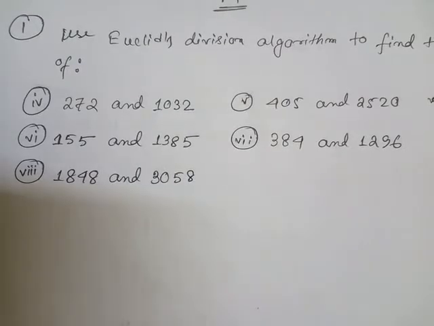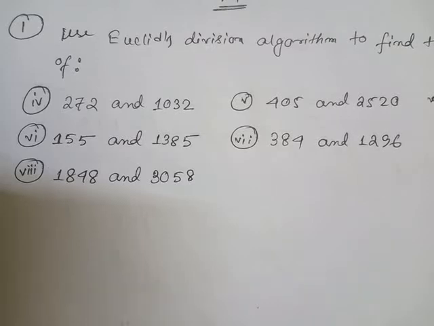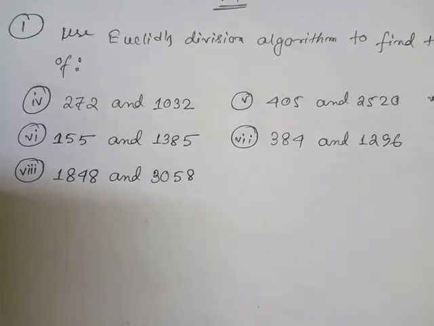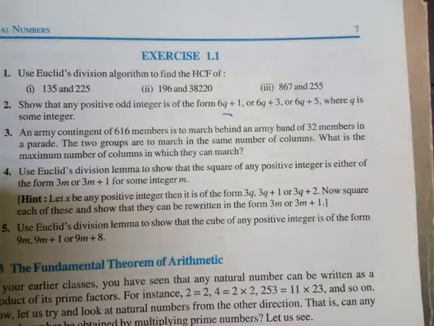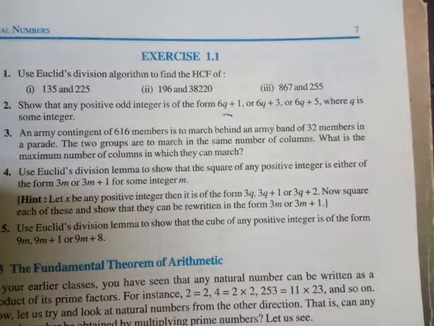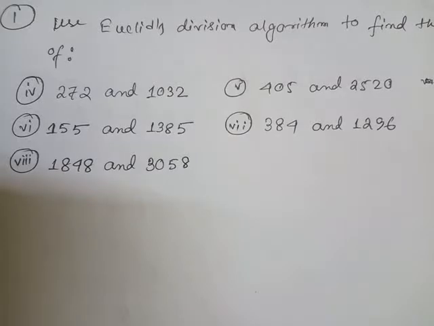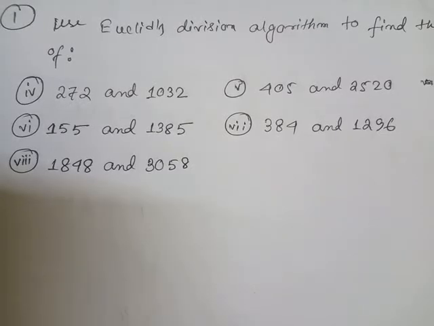Look students, these are the rest of the sums. I have just written all the sums on a page, from question number Roman 4 to Roman 8, and 3 sums are in the book. In the book there are 3 sums in question number 1, and the rest of the sums are written here in the copy. I will do only 1 or 2 sums, and the rest of the sums of question number 1 will be homework. All are the same kind. So let's have a look at how to solve question number 1, Roman 1 first.